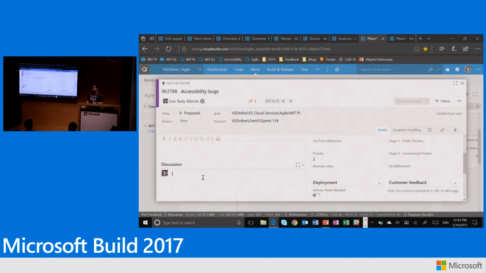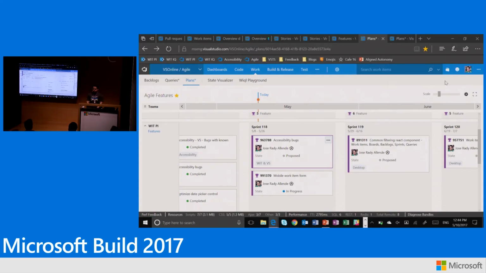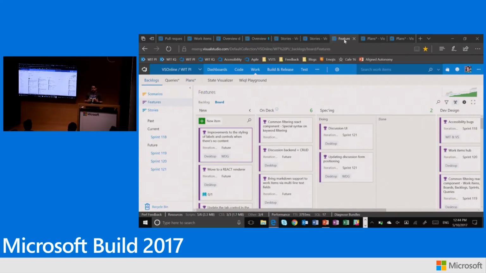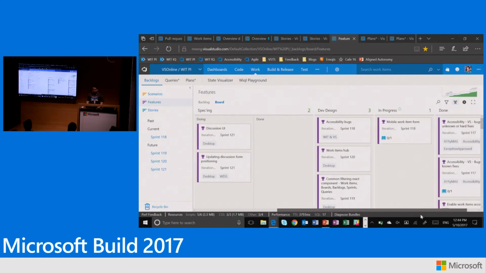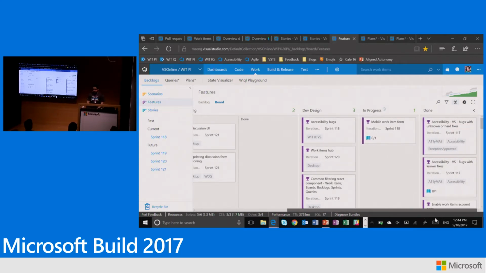Now, the moment he saves that, what things are happening behind the scenes? I'm actually getting a notification. Hey, guess what? Manager doesn't agree. He wrote a comment. You may want to do something about it. But on top of that, the tool is smart enough that it understands, hey, guess what? Those things actually have a priority on your own with pie board. So most likely, if your manager is changing that priority, we probably want that same priority to change in your board without you having to interact at all. So we're trying to make your life simpler, your manager's life simpler, and just making sure 2 things happen. You have autonomy, and alignment is met.